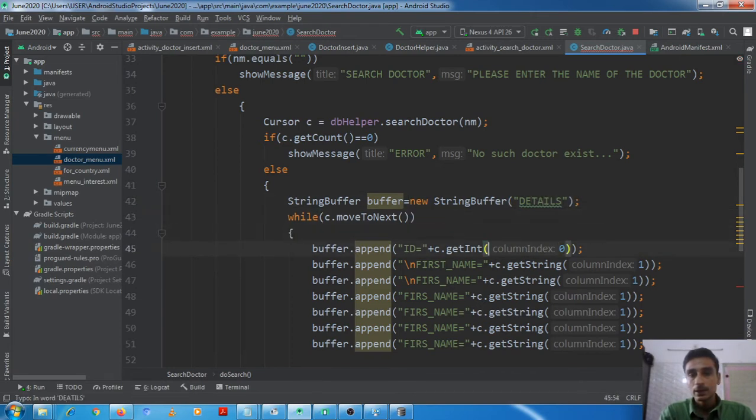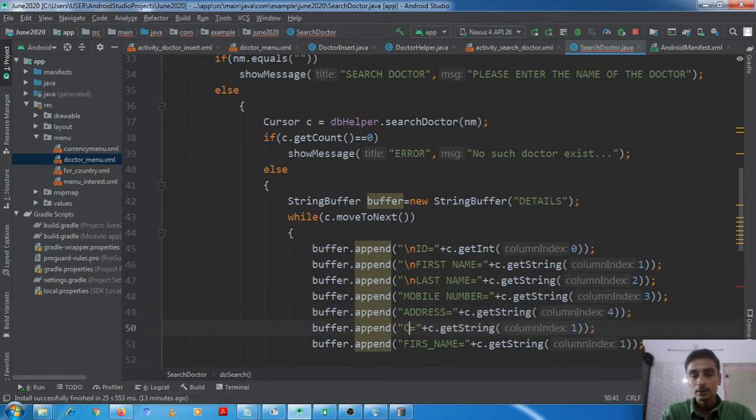Details. Okay, here also slash n, first name index, then last name index 2, then mobile number index 3, then address index 4, then city index 5, and at last specialization of doctor.